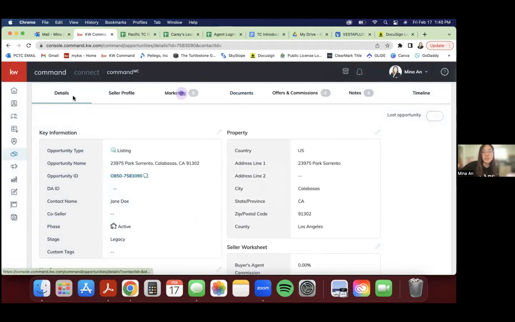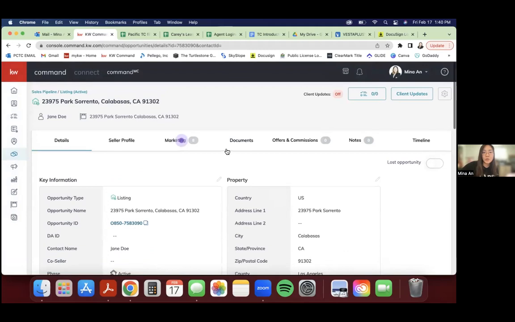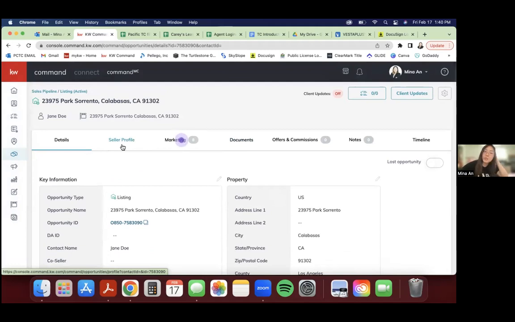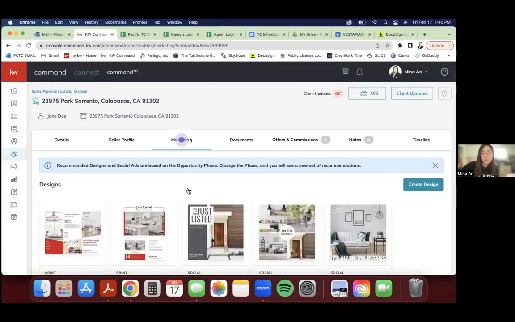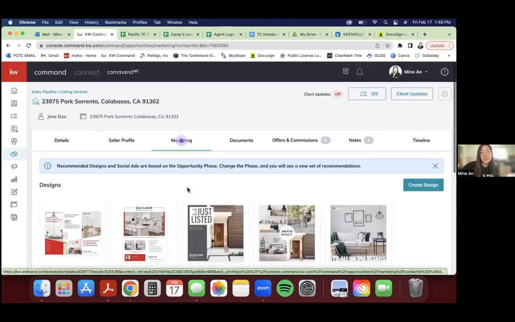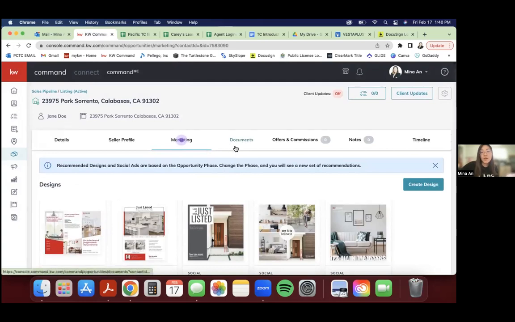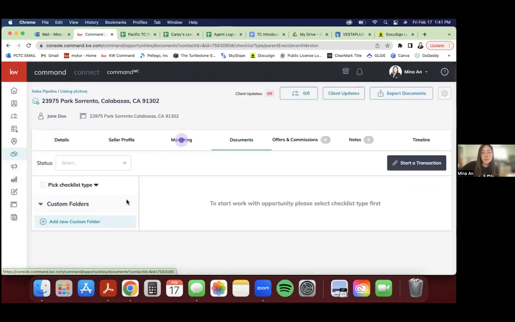So once your details tab is all done, you want to go to your documents section. So your opportunity has different parts to it. It has seller profile, where you can add more information on your seller, some marketing, where it seems like I have never actually explored this, but you can make some flyers for that listing. But then when you go to the document section here, this is where we're going to upload all your paperwork